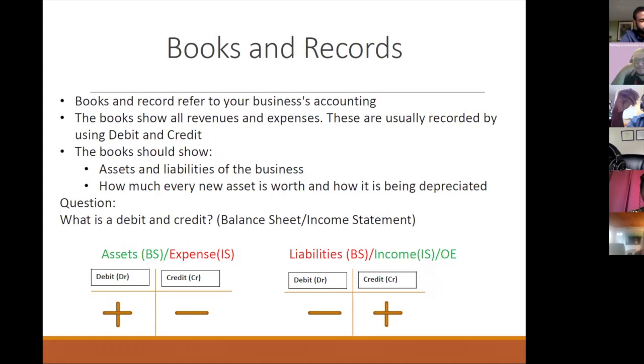And so what is a debit and a credit? Donna, hold on a second. I'm going to tell you right now, because when I first dove into bookkeeping, this was such a problem for me. The way I know debit and credit is only one side of accounting, because that's the side that I deal with. When I use my debit card and I get credit, those are two different things from accounting. So people really need to get adjusted to what debit and credit means when it comes to accounting, because it all depends on what book you're talking about.